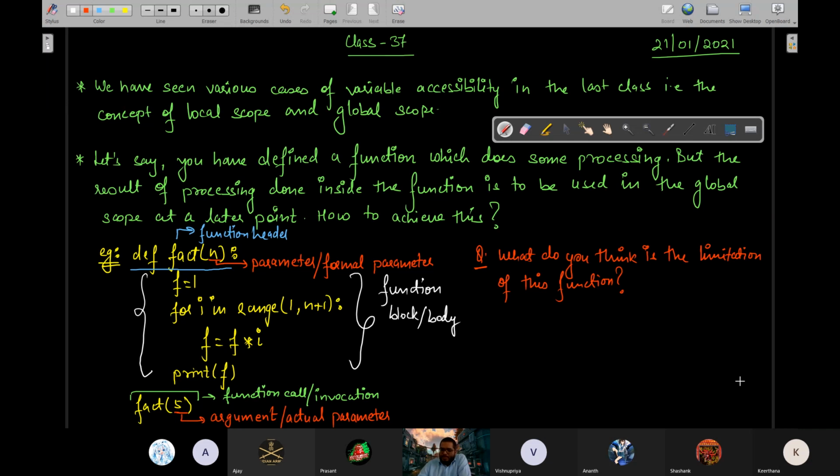Yeah, can't use them in the global scope. That means if you want to use this result, the value of f will not be there in the global scope. That means if you have to use this factorial of 5, which will be coming as 120, later down in the program, no, that is not